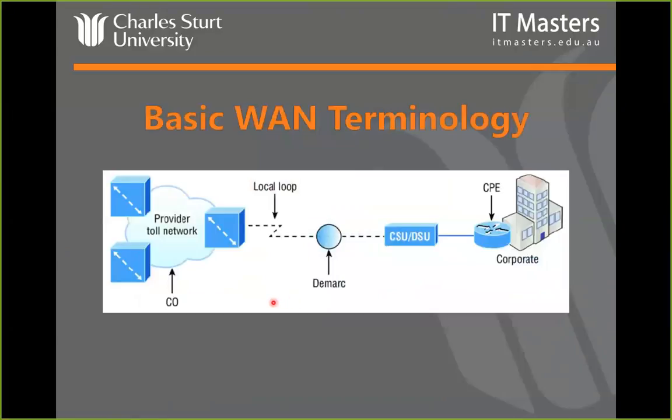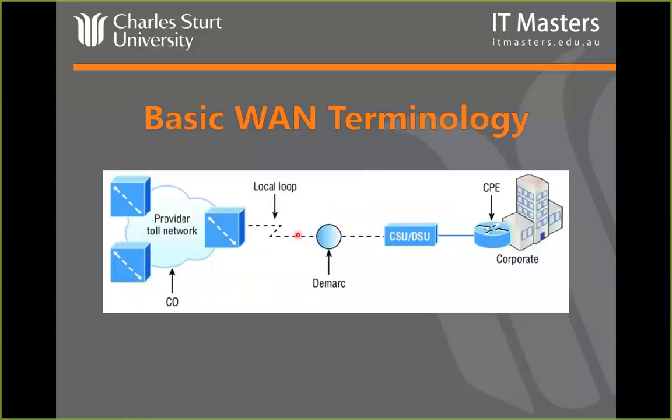So some basic WAN terminology that you will need to use, and I apologize, this is American terminology, but that's what you're going to need to know. And we can turn that a little bit into the Australian terminology as we go along. So we have a network provider. So this could be Telstra, it could be Optus, it could be Bendigo Community Telco, it could be iiNet, doesn't matter who it is. And they have a thing called a CO, which is basically a central office, what the Americans call a central office.